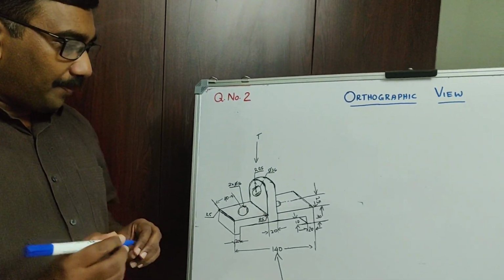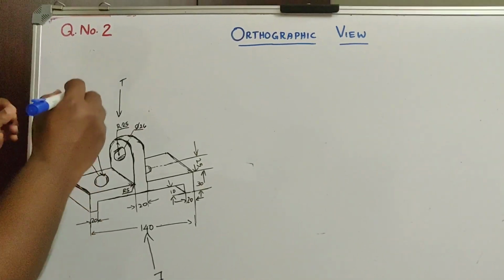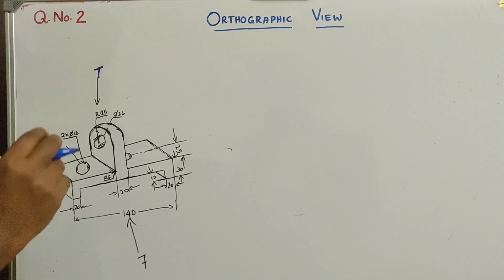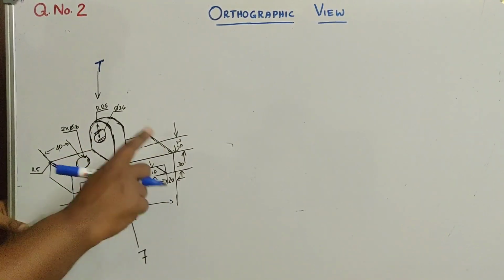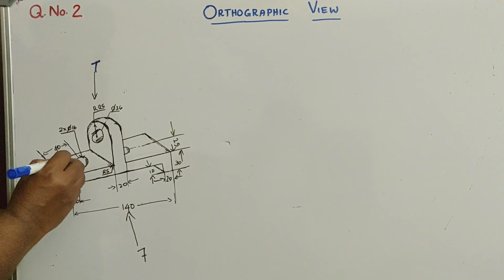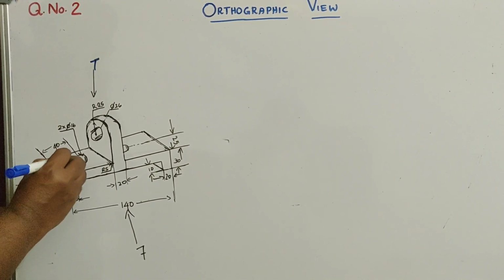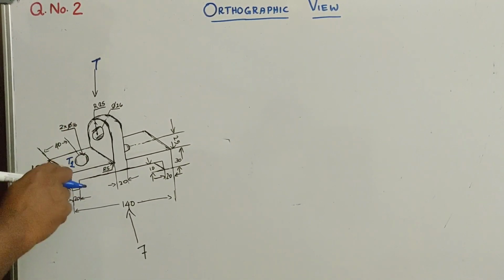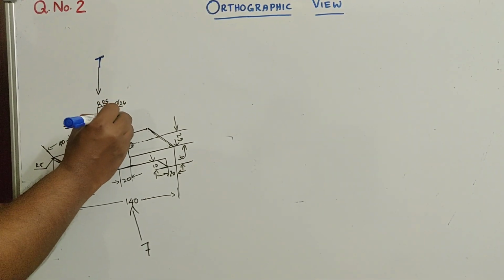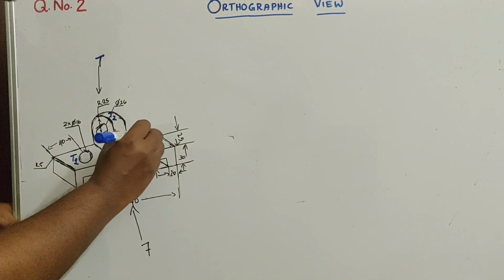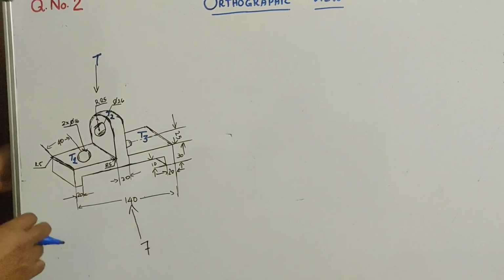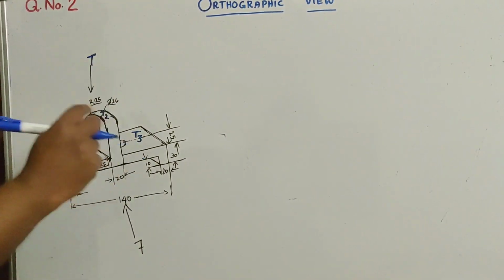So while drawing the plan, you can see that you are looking from top. When you are looking from top, you are seeing several portions of this particular object. For example, this surface you can see. So I am marking it as T1 because in the top view that is the first part. Then another part is actually this curved portion, that is T2. Then you are having T3. These are the three major portions you can see from the top.